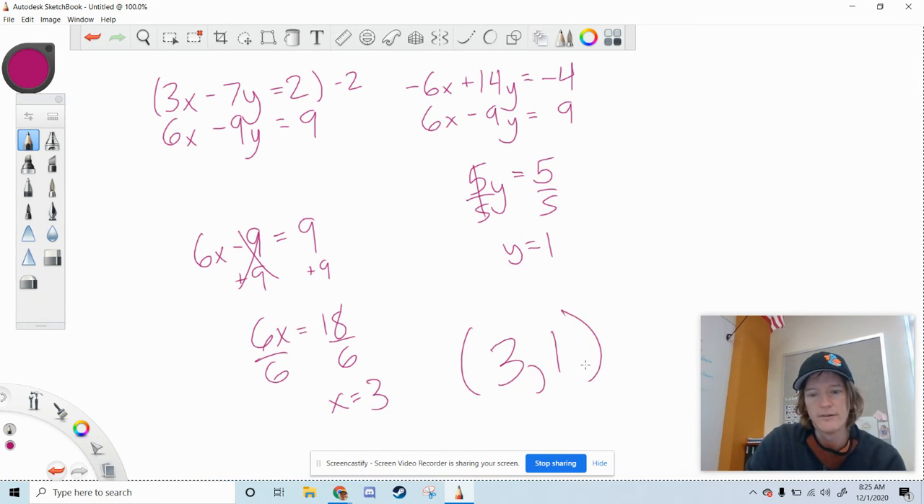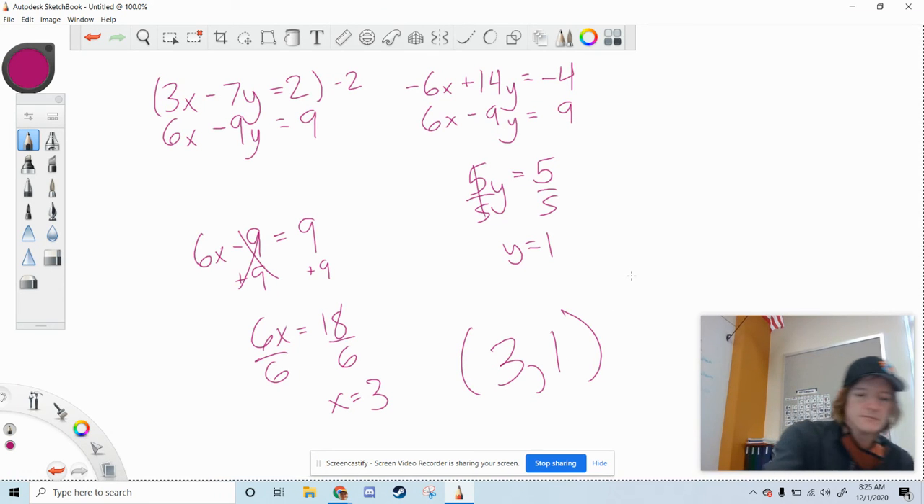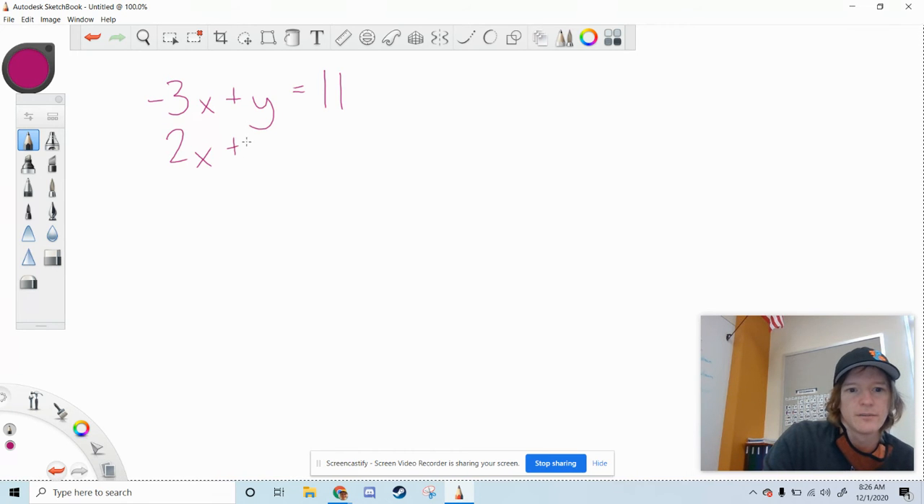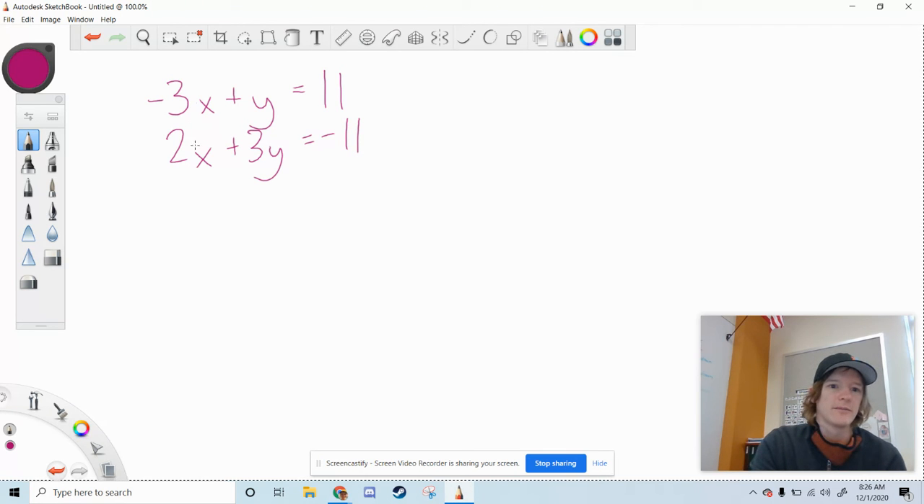3, 1. And we're getting a little bit faster. We're almost halfway there. Next one will be negative 3x plus y equals 11. We've got 2x plus 3y equals negative 11. Now, getting rid of the x's, we'd have to change these to 6 and negative 6. We'd have to change them both, so let's get rid of the y's. Multiply the top one by negative 3, so we'll have negative 3y's, and down here we have the positive 3y's, so we'll have